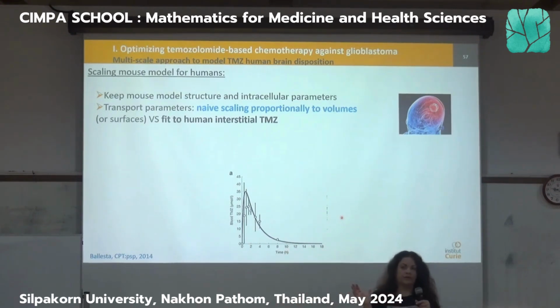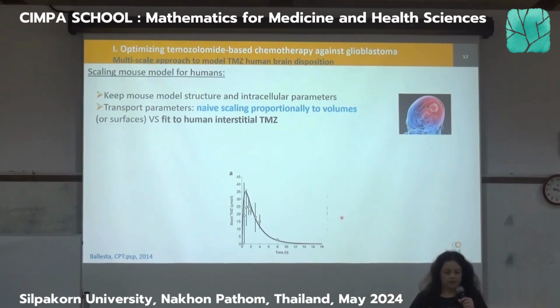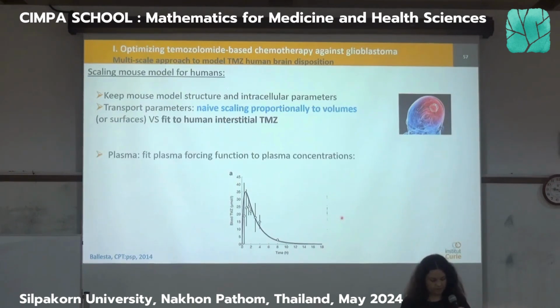Now we need to take care of the parameters which are inside the mechanistic model. To do that, we have done two different ways. The first way is to use the available human data, because we do have some, and fit the parameters completely independently of the mouse. And the second way is to try to scale the parameters using the volumes from the mouse to the human, exactly as what we did between the in vitro and the in vivo case. So let's see the results.